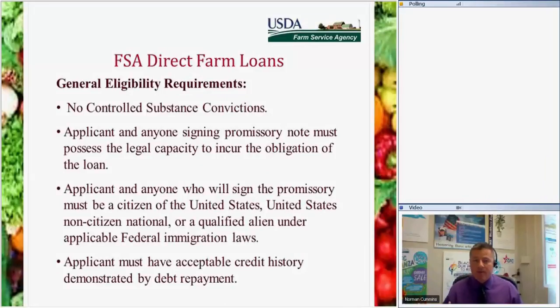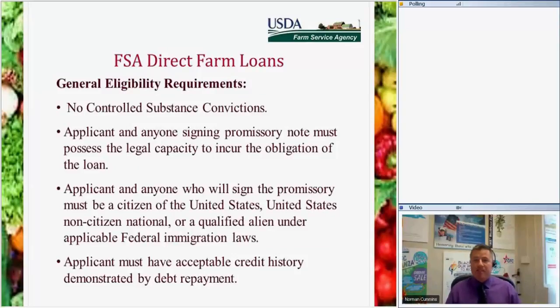When I document, there are no controlled substance convictions. If you've ever been arrested for trafficking, anything that's drug related, you're going to be instantly denied. However, if there's been a time in your life where you decided to live on the edge and cultivate marijuana and got arrested for it, there's a little bit of a time frame that we work on. It's 4 years of the yield, so you might still be qualified. So just be aware that that's one of the first things we'll look at.